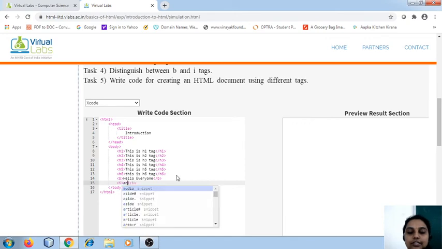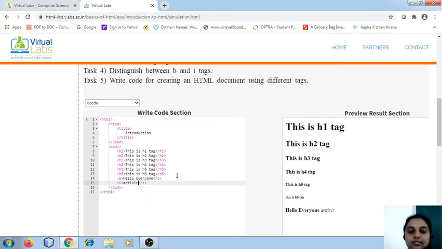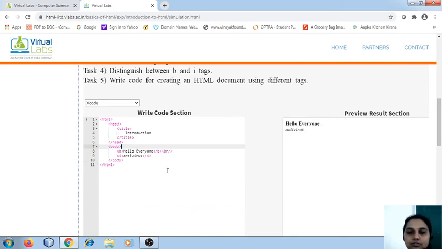So I will just write antivirus in italics. We'll just give a break tag over here. So did you observe, immediately when I give the break tag, it has come to the next line. Just remove this so that people don't get confused. Okay, so we have used the bold tag. We have also made use of the italics tag.